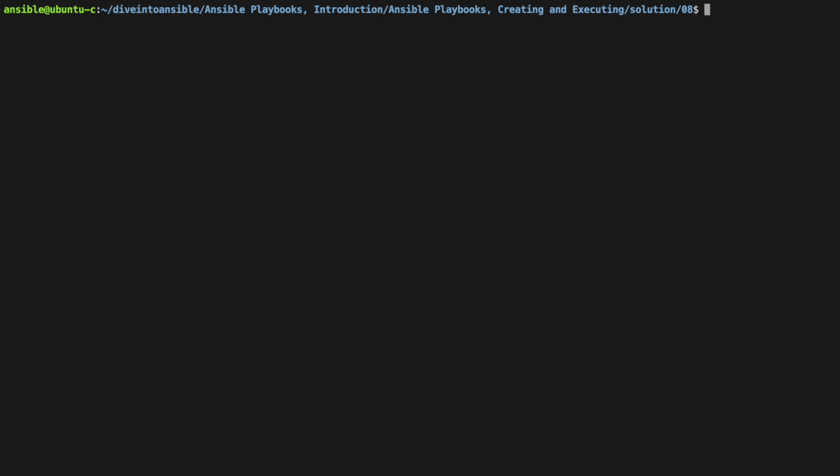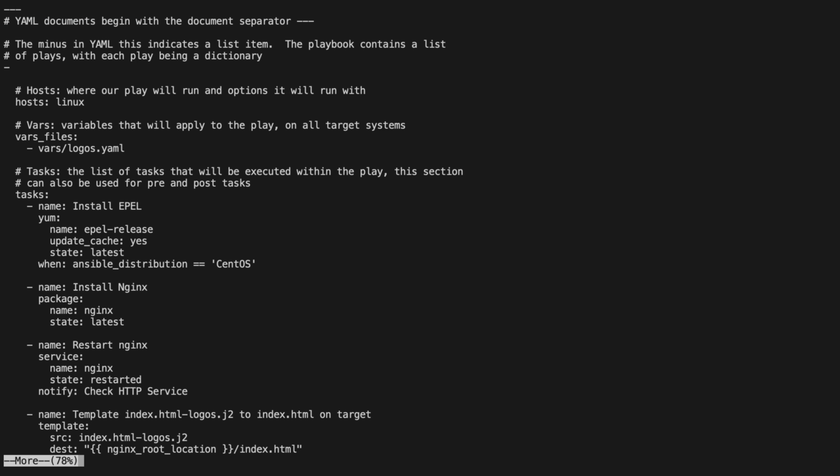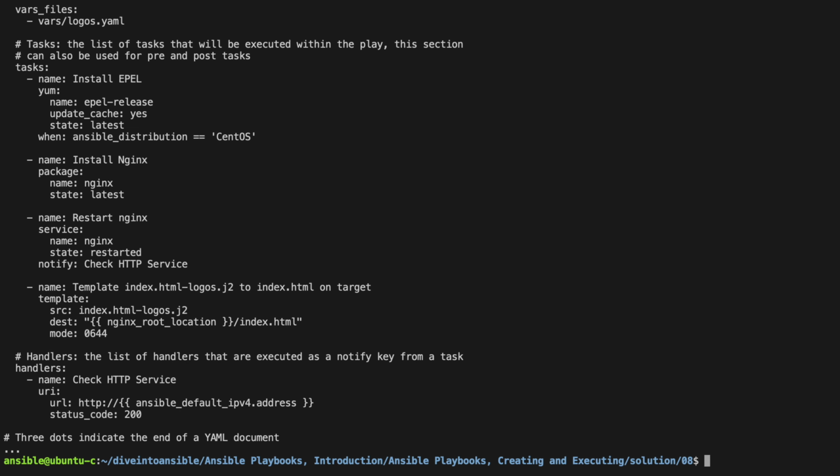Okay, this time I'm going to bring up this file with more rather than cat because the changes would have been made to the top of the file. And you can actually see there in the vars section, so we've got a reference to vars files, and in this we're referencing vars/logos.yaml. Then at the bottom we're referencing the new template file, which is index.html-logos.j2. And if we run this,